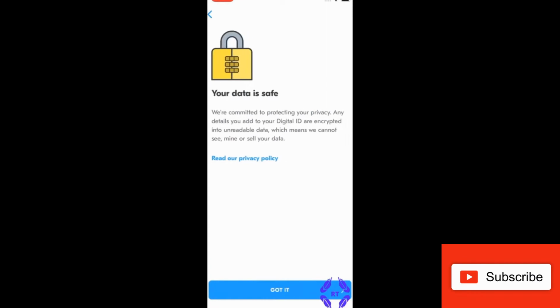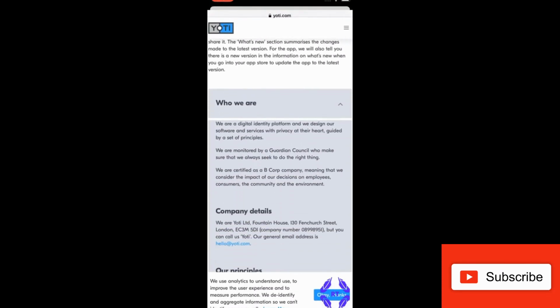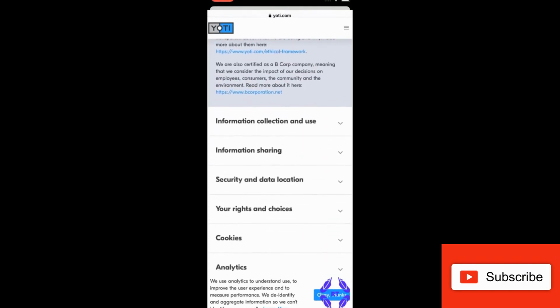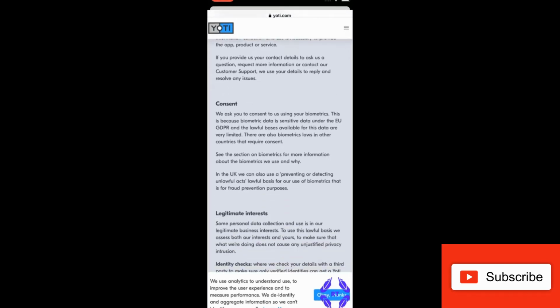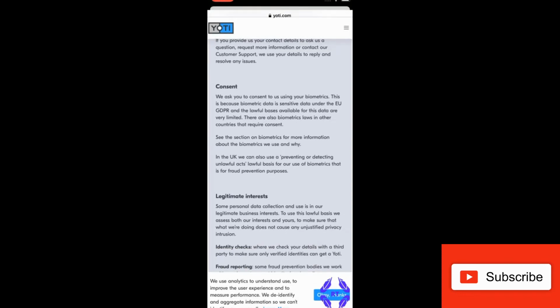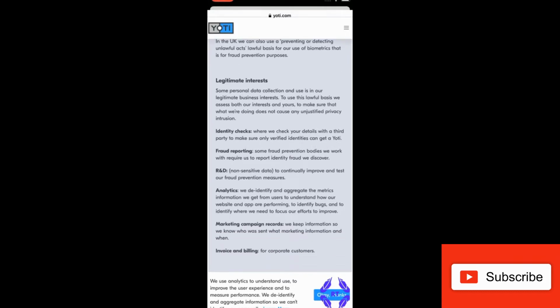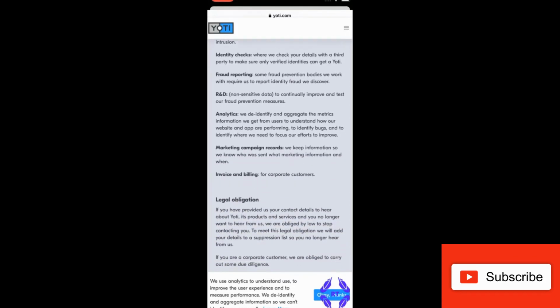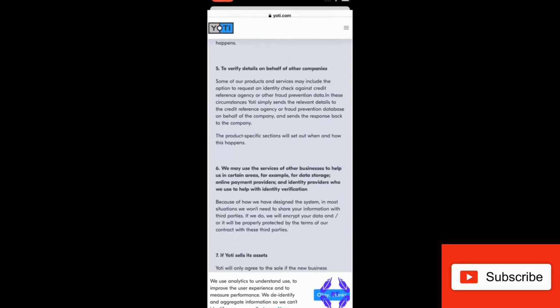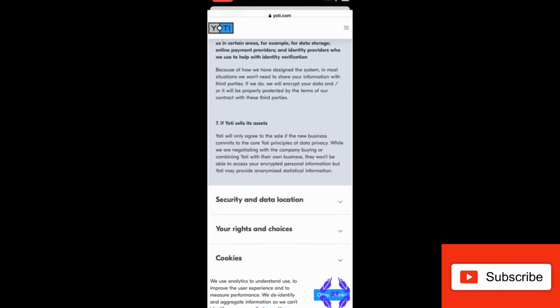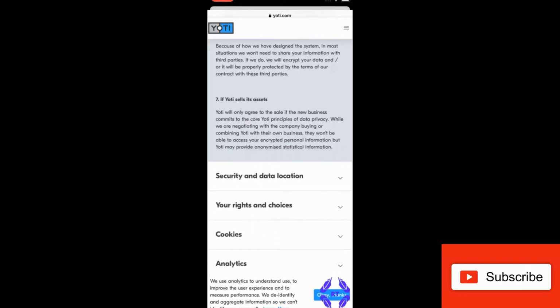In order to create an account, click on create account. They'll show you their privacy policy. As a good habit, try to go through the privacy policy. People usually ignore reading privacy policy, but it's always a good habit to go through. It will show you what you are consenting to, and also other details in terms of what data they collect, why they collect, what their legal obligations are, and what your rights are. So once you read through this, then you can accept and proceed.